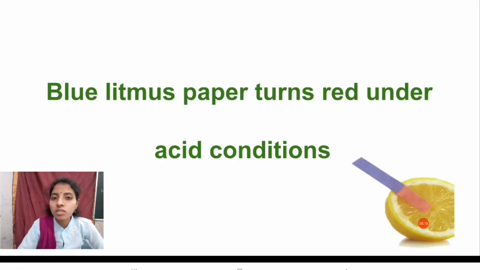So, the opposite takes place with the red color litmus paper. And one question here. What happens when red color litmus paper is dipped in acid solution? So, when red litmus paper is dipped in acid solution, the color of the litmus paper is not changed. It remains as red only because the solution is acid. So, the red color litmus paper remains as red. Only the blue color is changed into red, right?